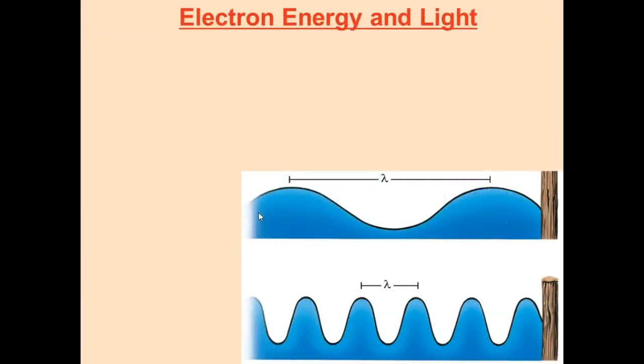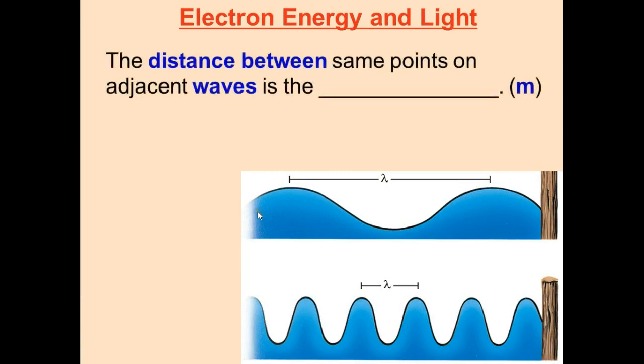And so this brings us to electron energy and light. I'm sure most of you know this about waves from middle school science. The distance between same points on adjacent waves, or waves next to each other, is the wavelength. So pretty much it's the distance between the same part of a wave. So we can measure from bottom to bottom, we can measure from middle to middle, but as long as you're on the same part of waves next to each other,